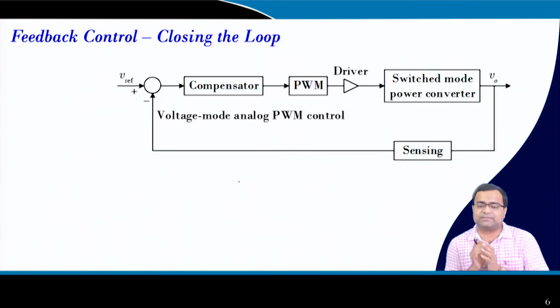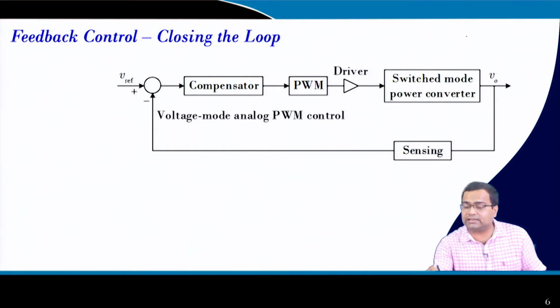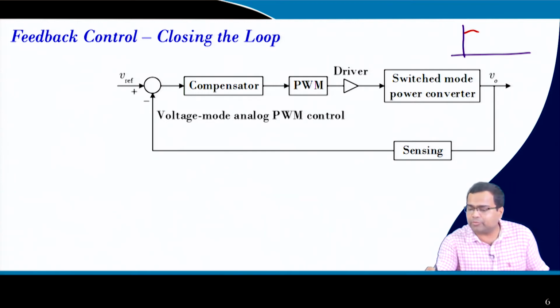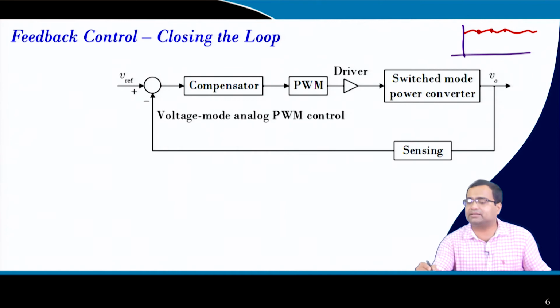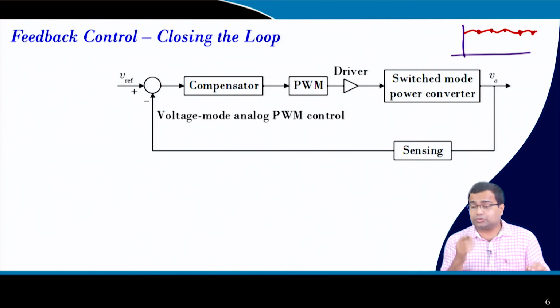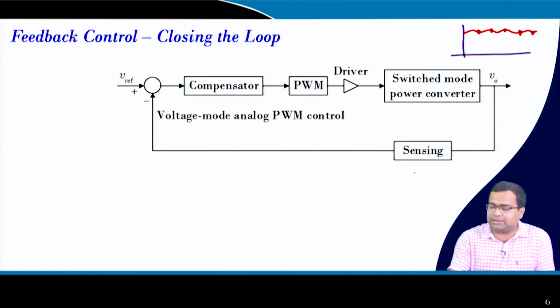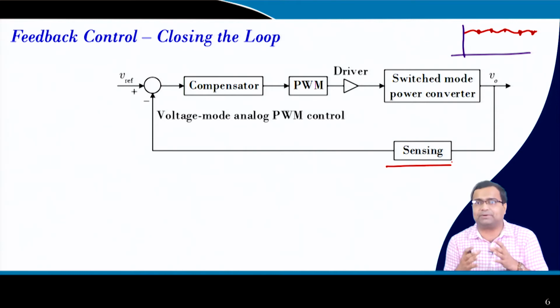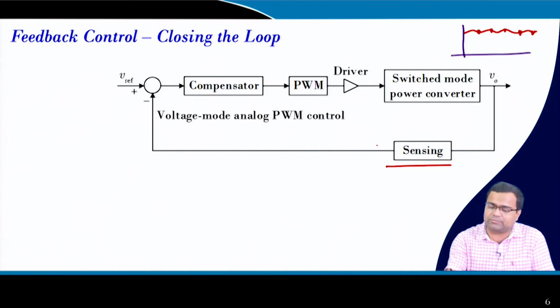So, now we are closing the feedback loop. If we draw the output voltage waveform, it has some amount of switching frequency ripple. In fact, in a practical converter there should be some due to the ESL effect, and for a boost converter this direct jump will be there due to the ESR. So, when you sense the voltage, and if we use a high frequency op amp, right, this switching ripple information will be passed to this loop. That means the loop will see this switching frequency ripple information.